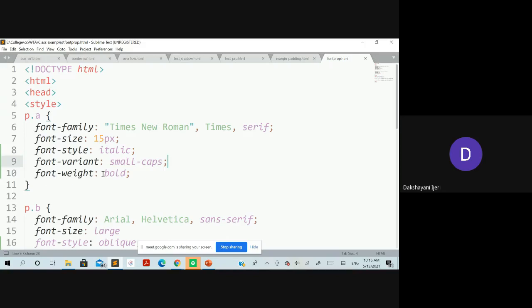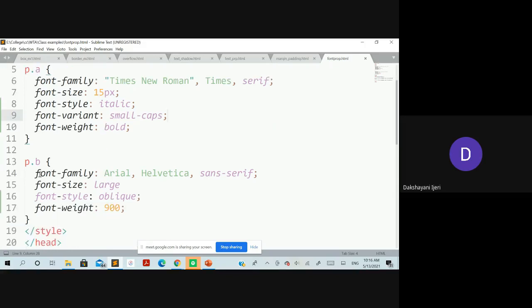In the second example, or the second style, you can see a font family with different values has been used. To get to know what different values are supported for the font family, you can go to the W3C consortium website and just search for the different values for the font family. You will get to know what different values you can take for the font family property. You can see here in the font size, instead of the pixel value, we have taken large as a value, which is going to be decided by the browser settings.